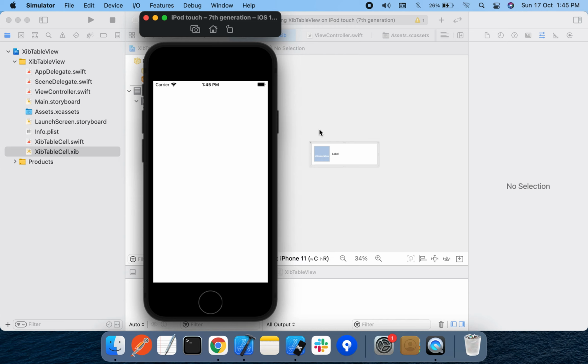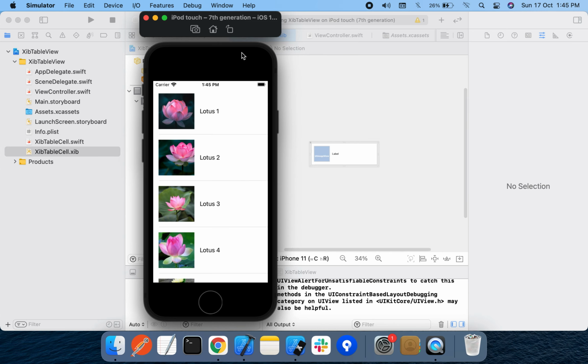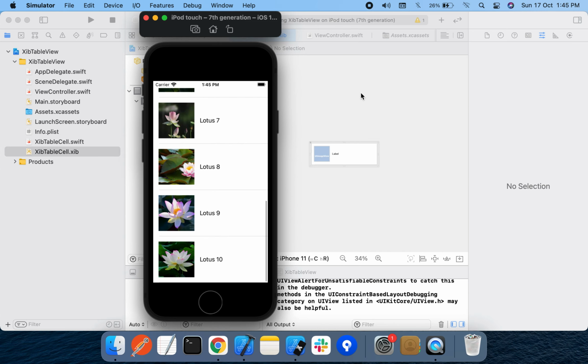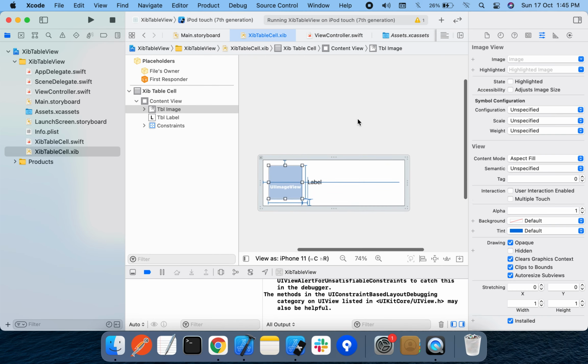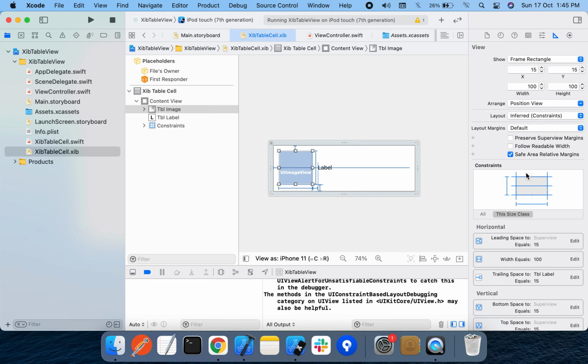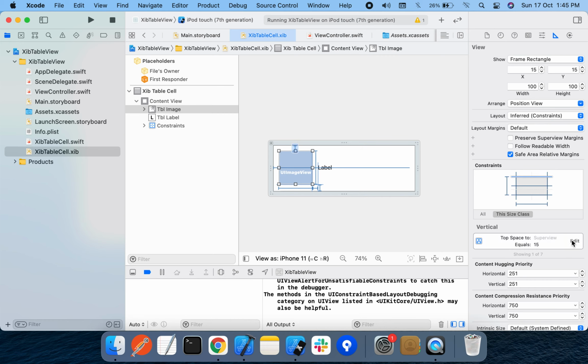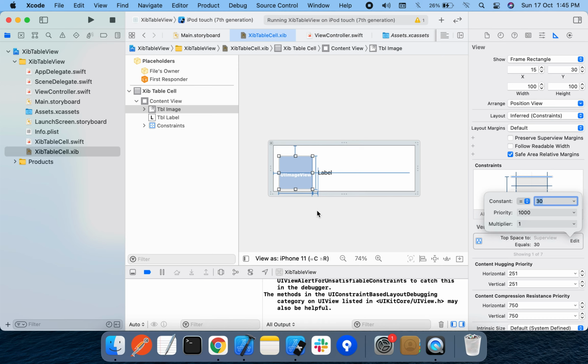So you may also face some kind of issues whenever you are going to update the xib. Let me explain that as well here, so that it would be useful for you in future. So in future, if you want to update the size of this top constraint, for example, let's say 30, sometimes it gets updated, and sometimes if you try to update, it would be giving some error.